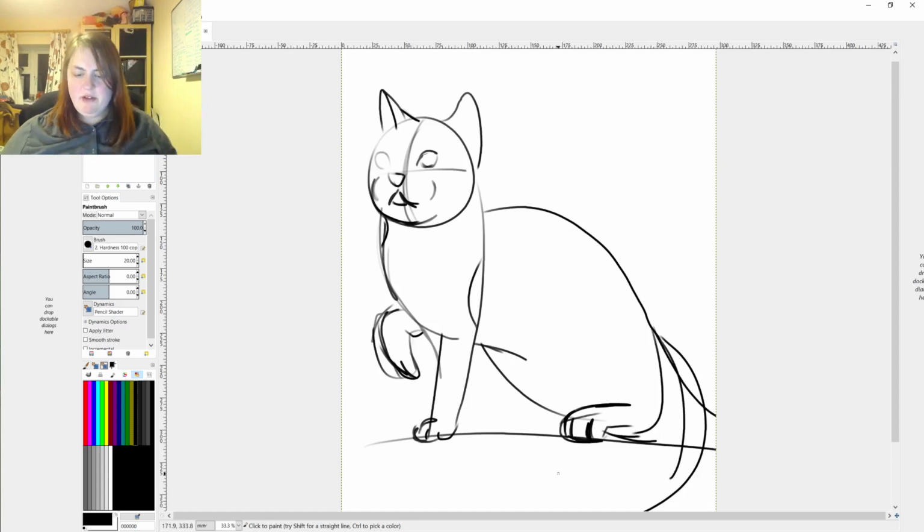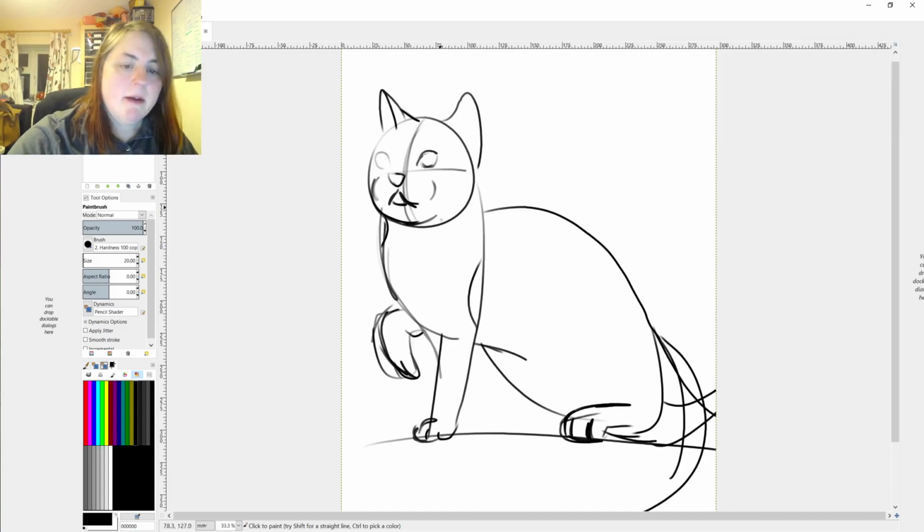What do cat's arses look like? Not a question I ever thought I'd be asking myself. Does it kind of come like that? Would that be where the tail went? Yeah, we'll stick with that. We know the cat is looking in this direction. Maybe not quite that panicked, but...